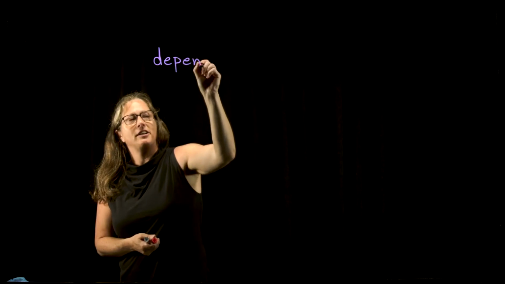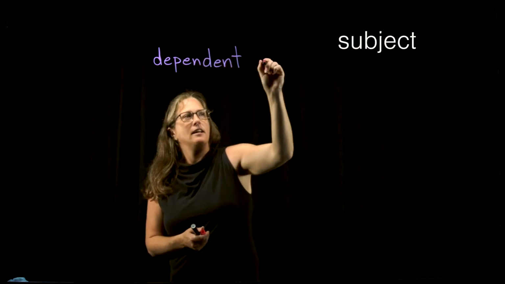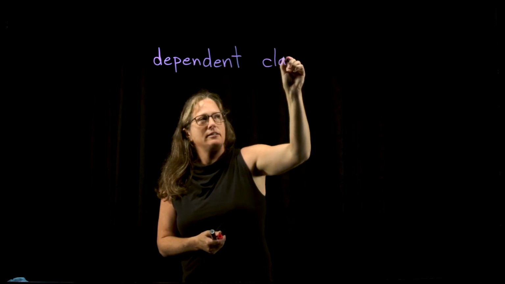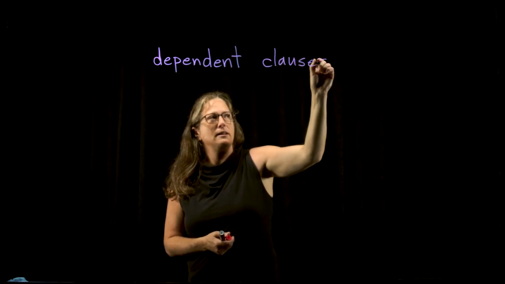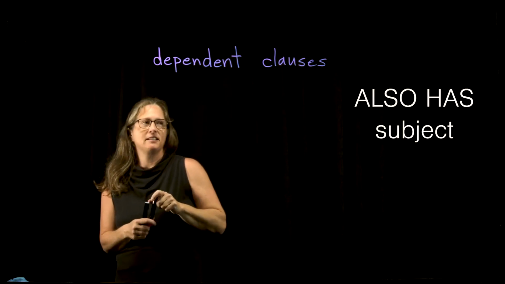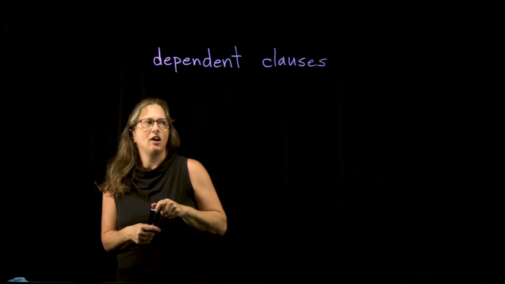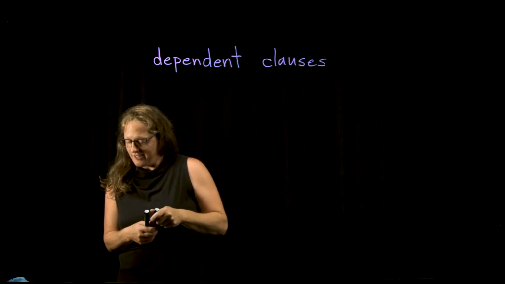Right? We've already seen independent clauses, which have a subject and a verb, and just all by themselves, they're a complete thought. A dependent clause also has a subject and a verb, but it's not a complete thought that can stand on its own. So, for example,